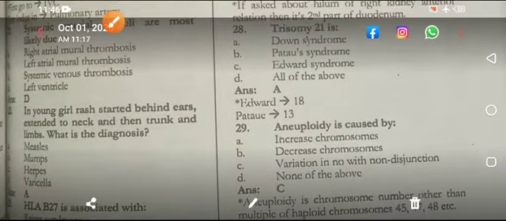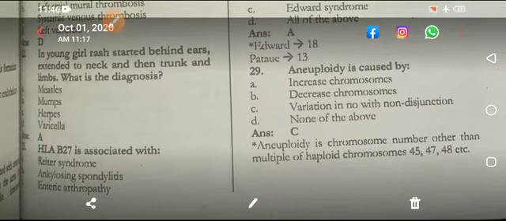In a young girl rash started behind the ears, तो बिहाइंड द ear से स्टार्ट हुई, फैल गई तो measles हो गया। इसलिए B27 is associated with, तो अगर क्वेश्चन में except हो तो except ऑप्शन को देखना चाहिए, अगर नहीं